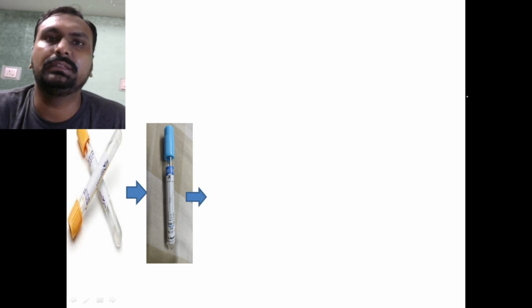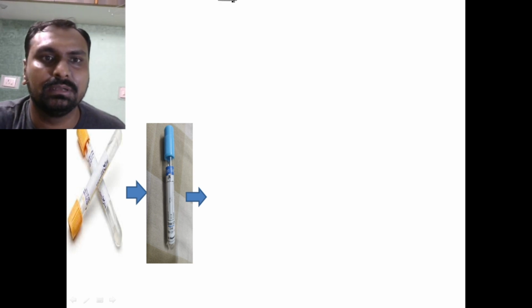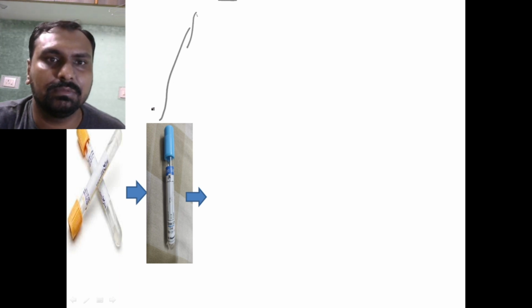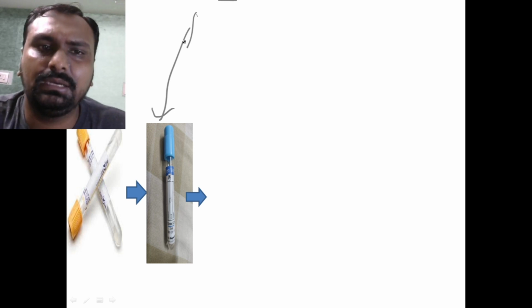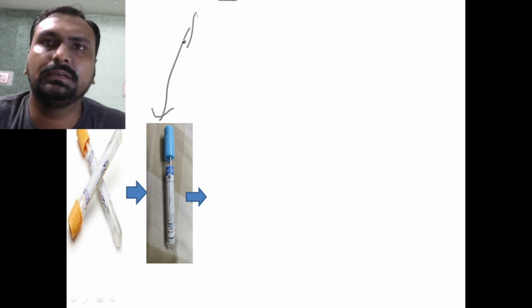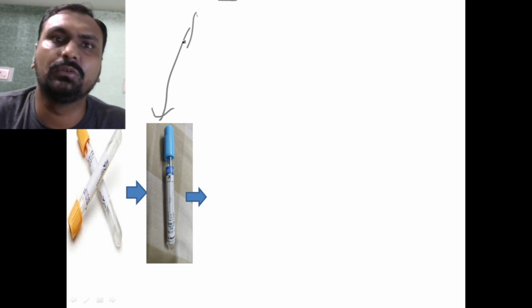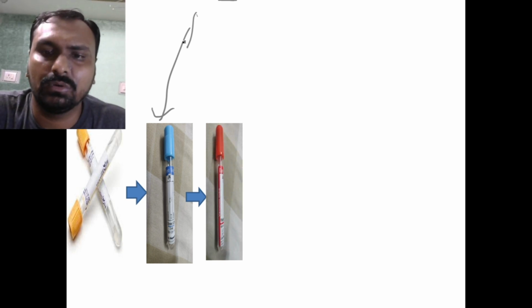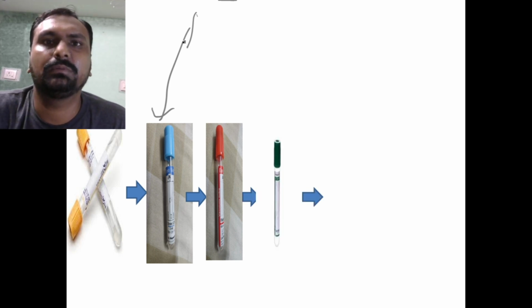Then we have to take the blood in the serum. Okay, because this will prevent the carryover, right? Because if we use the red vacutainer ahead of the citrate, then it can affect the coagulation study. So we have to take the citrate vacutainer first after the blood culture. Then we have to take the blood in the plain vacutainer or red color vacutainer, that is for the serology and biochemical testing, because it does not contain any coagulant, so there is no chance of any carryover and it does not affect any other parameter. Then we have to take the blood in the heparin, that is for the blood gases